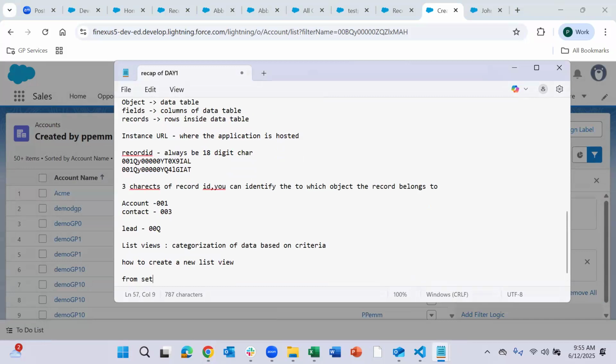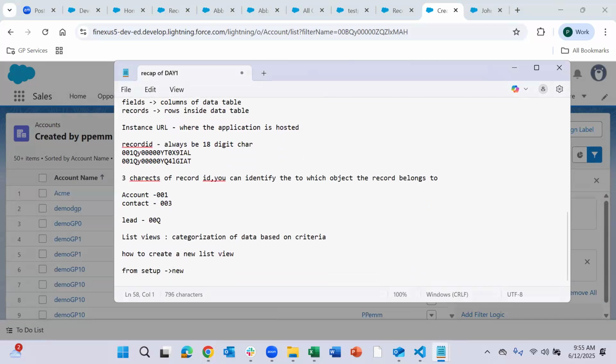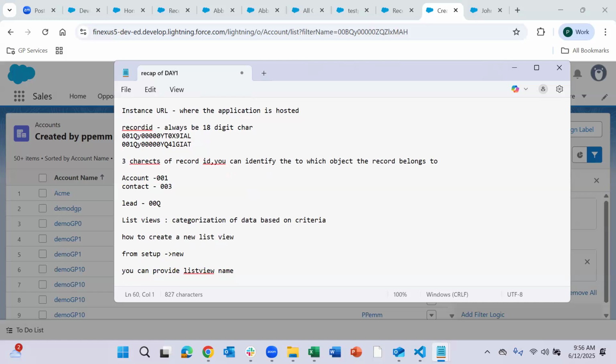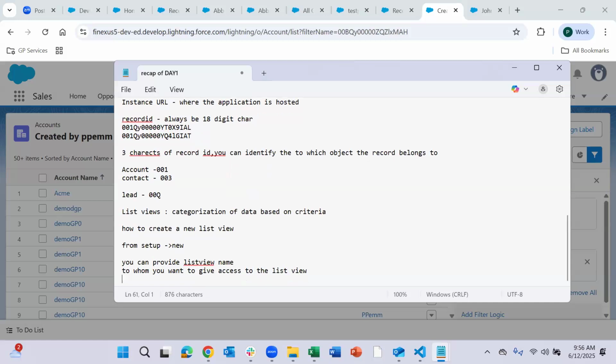From setup, click on new, and you can create a list view. When you are creating the list view, you can provide the list view name, and then choose to whom you want to give access to the list view.